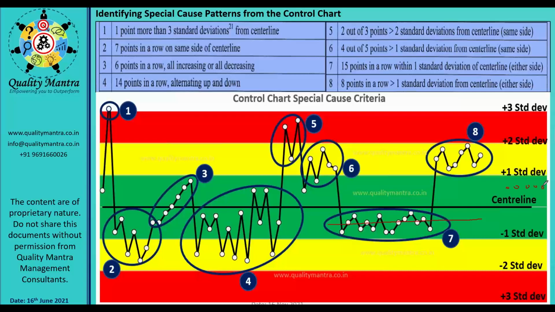Okay. So you need to make it practically first, means try to make the control chart, identify it, and try to make the control chart first. Practically do it. This is a theoretical thing. Now you need to implement it on the shop floor practically. Start monitoring the trend and you will get much more insight into the process. You will learn a lot of things about your process, and you will see a lot of improvement in the process itself.